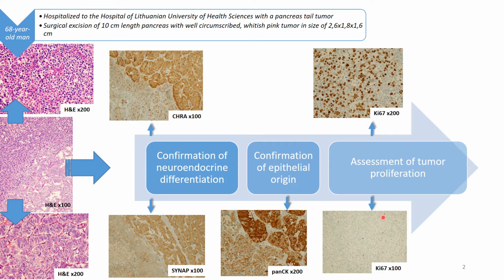tumor components. Assessment of tumor proliferation is checked by the Ki-67 proliferation index, and the Ki-67 reveals different activity in these two tumor components. In the well-differentiated part, it was just up to 1%, and in the poorly differentiated part, it was very high, about 85% in hot spots. So our diagnosis was pancreas well-differentiated neuroendocrine tumor with a component of poorly differentiated neuroendocrine carcinoma. Such a combination was quite strange and uncommonly seen.